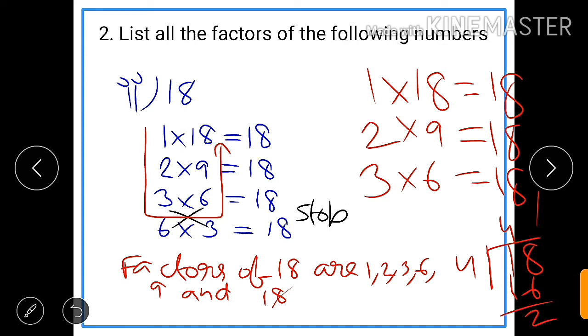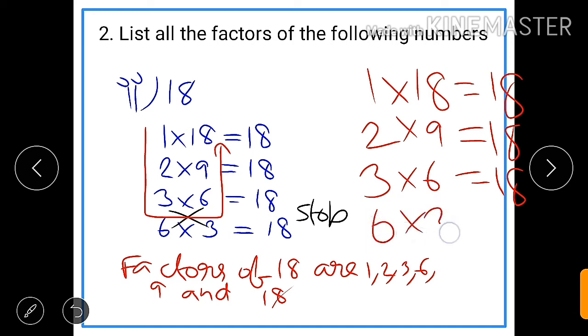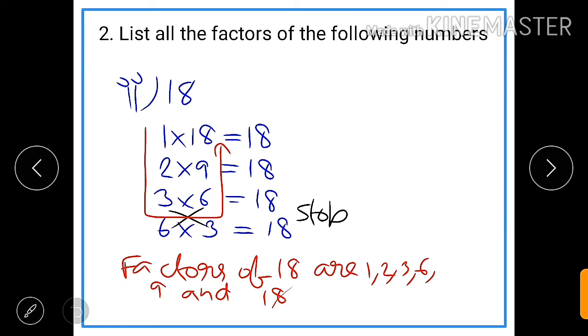So as we are finding a remainder, that is 2, which is not equals to 0, therefore it is not exactly divisible by 4. Now we will check for 5. We know that 18 is not divisible by 5, so we will check for 6. We know 6 into 3 equals to 18. So dear students, when you will reach a position when you will find that the first number is going to the second position and the second number is moving to the first position, or you are seeing that the numbers are interchanging, at that particular step you will just stop doing all these things